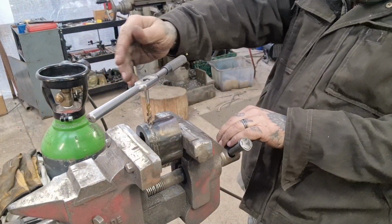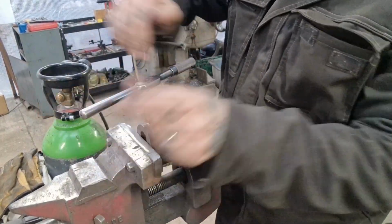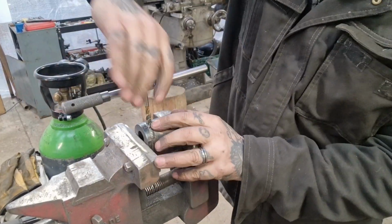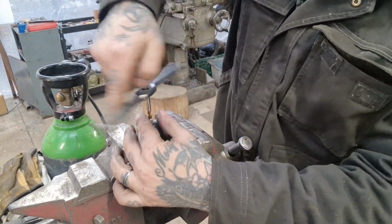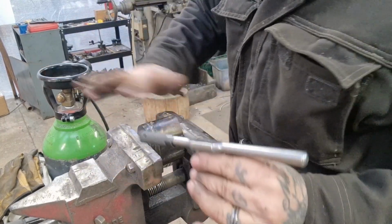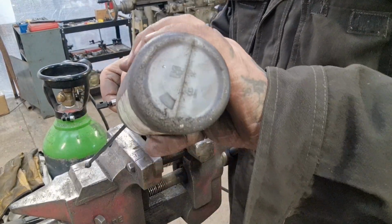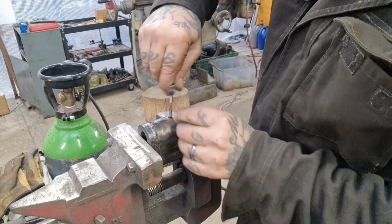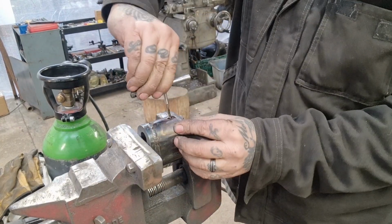I've got a machine tap for the M8, so we just lube it up and wind it in. Should be no problem. The very edge of the hole just touches the TIG weld, so that could have been a problem, but it's not. And now we get the baby setup, Action Man setup, look, for the M5. And a bit of lube. And this is a normal hand tap, so let's just get it started,